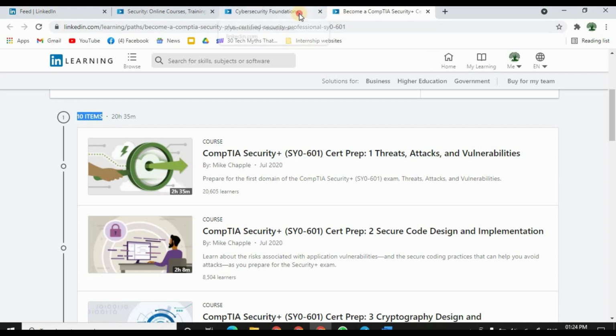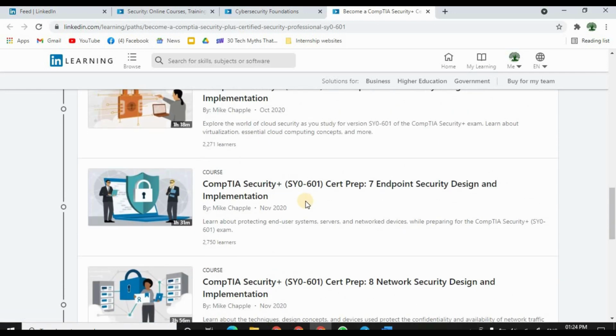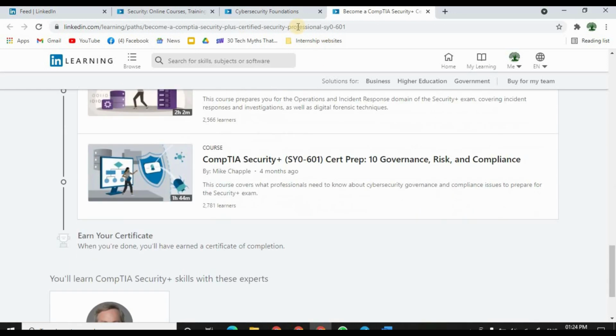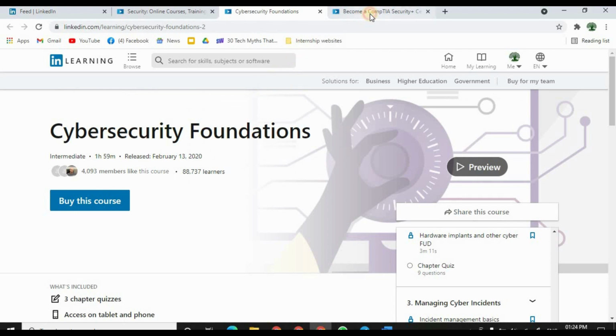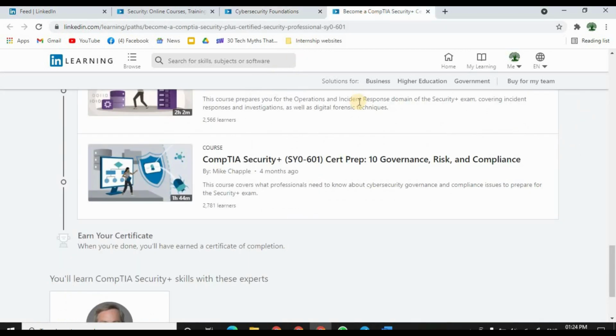Instead of choosing a single course, and of course each and every course will give you one certificate, finally you will have the learning path. The learning path is a collection of different courses which will lead you to a particular domain or particular job. So that is how the courses and the learning paths can be differentiated.